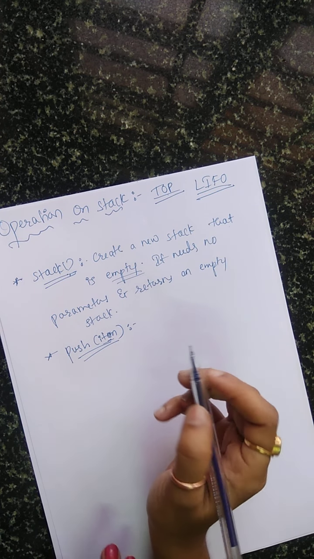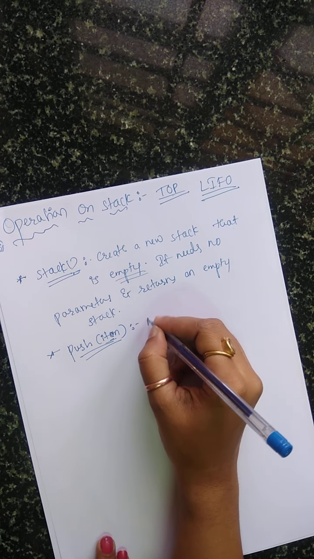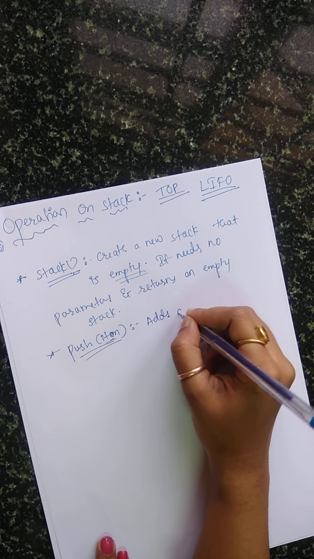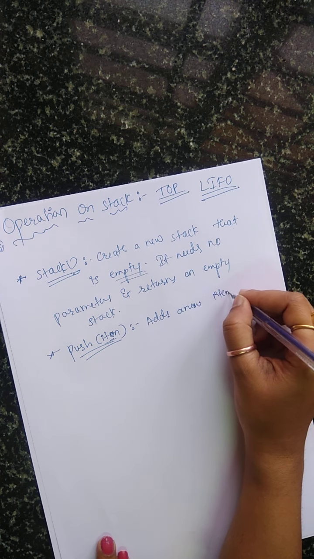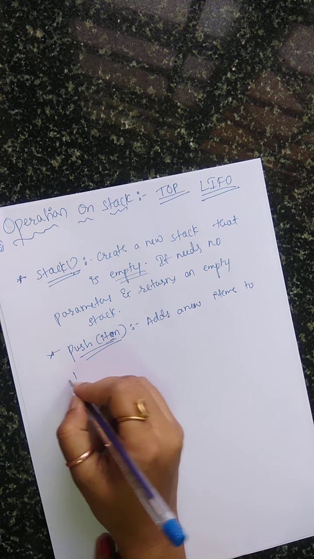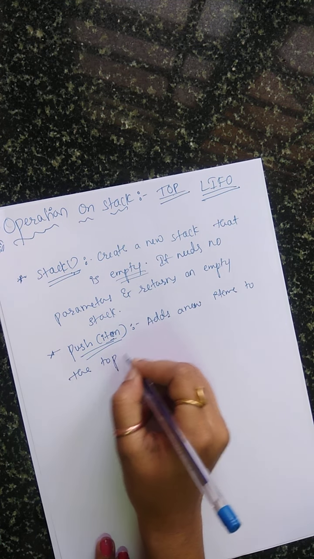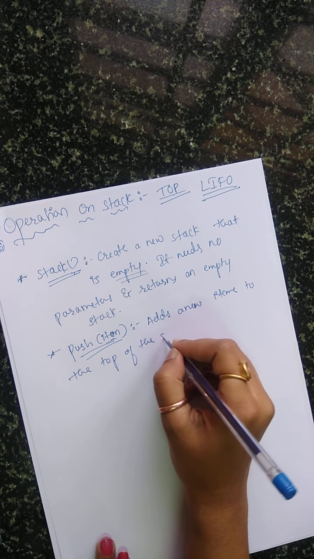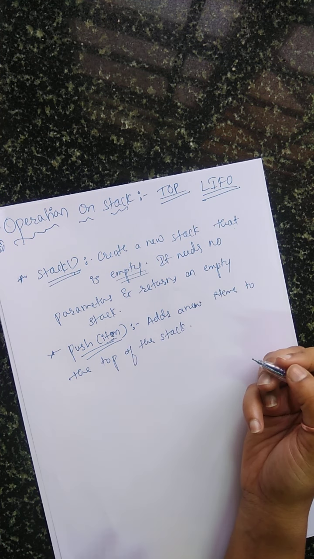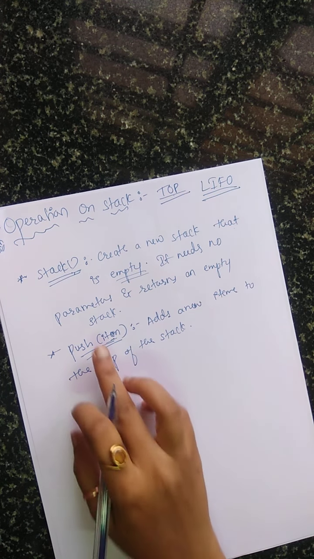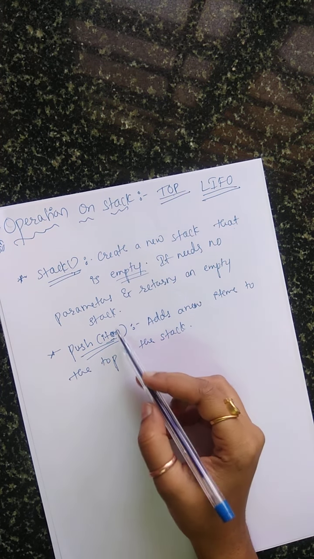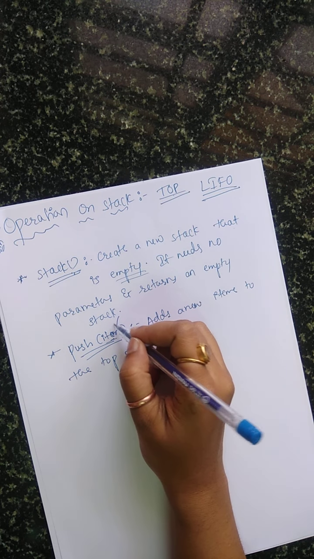So the element which you are adding will be entered here, and that will be added through your top. Done. So this operation adds a new item to the top of the stack, and it needs the item and returns nothing. It will not give you anything in return. This function will not return anything, but the input argument is necessary.